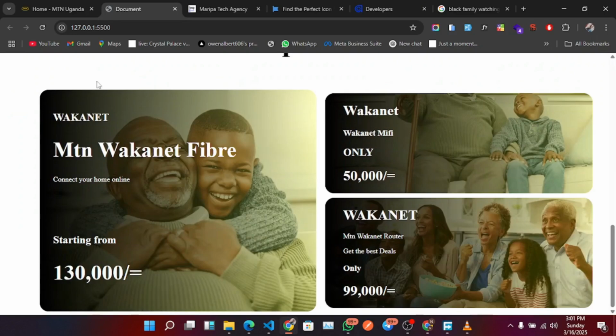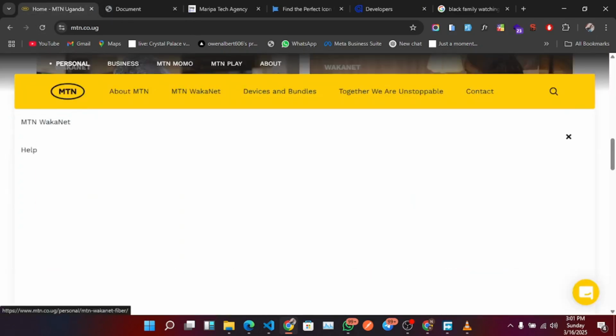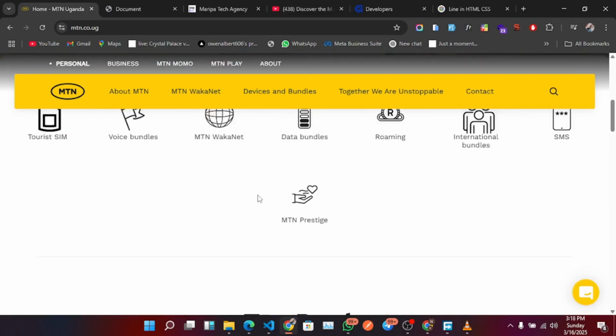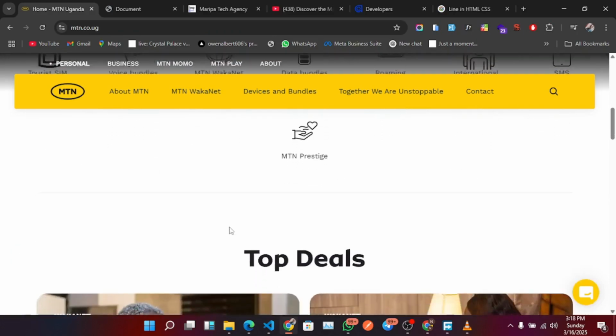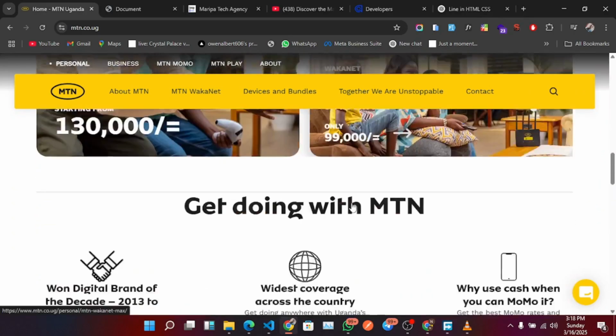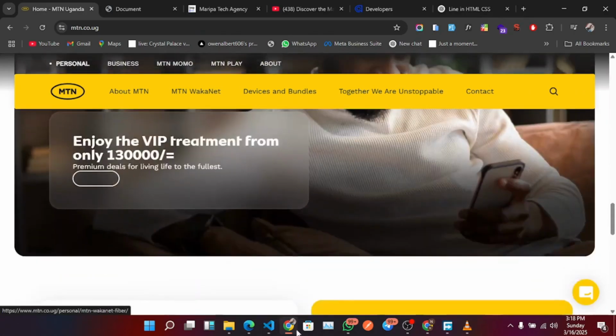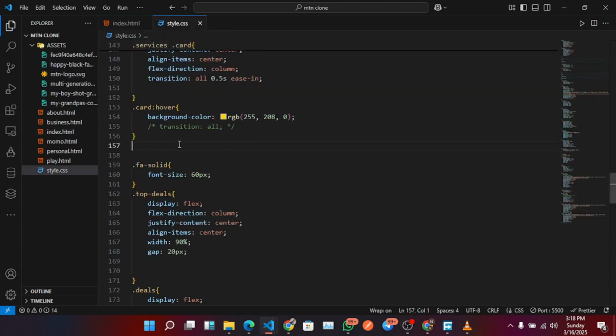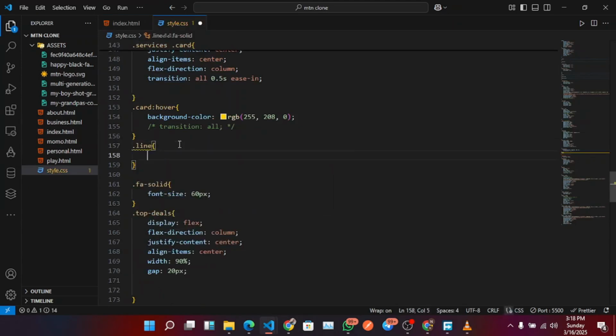So we shall proceed to the next section, and this is this section. When we proceed to every section, there is some line. Onto the next section is a line, so we will try to create that line. I will come onto this. I create a div called line, and I will head to my CSS. I say I have line and width of